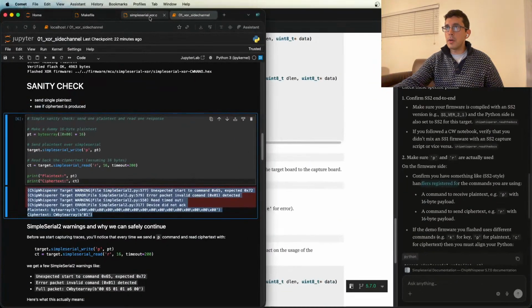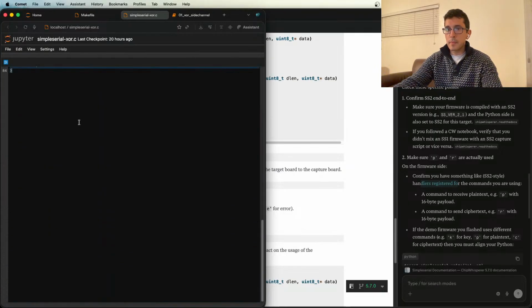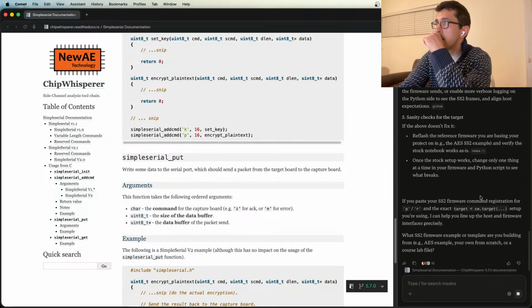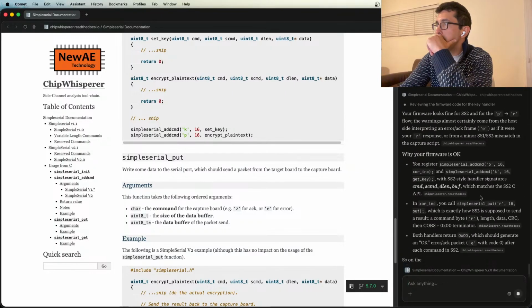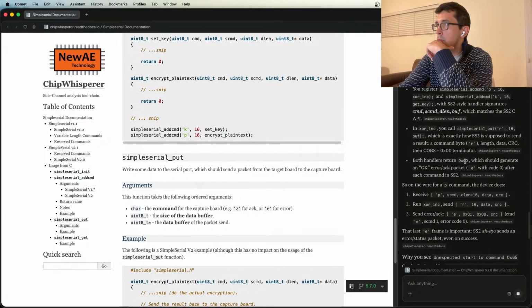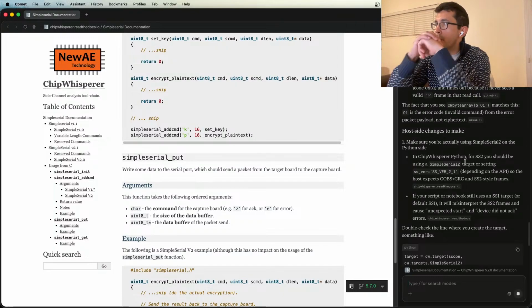So if we go back here to our firmware code, here's the firmware. Your firmware looks fine. The warnings certainly come from the host side, interpreting an error acknowledgement frame as if it were a response, which is why your firmware is okay. Host side changes to make: make sure you're actually using Simple Serial 2 on the Python side. In ChipWhisperer, you should see something like